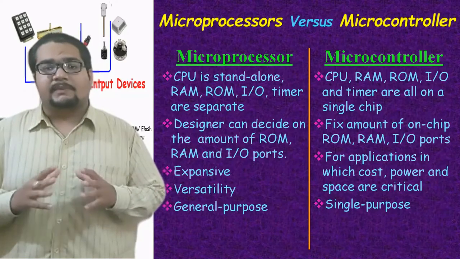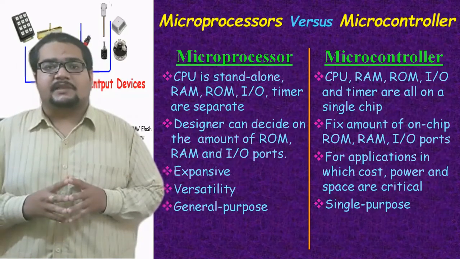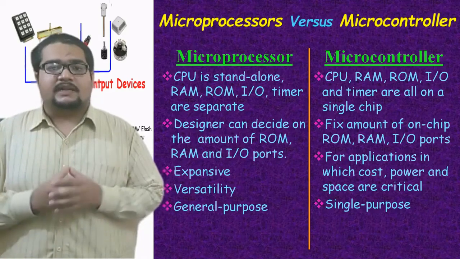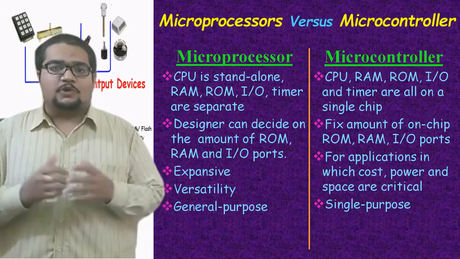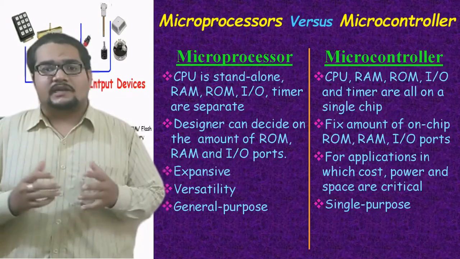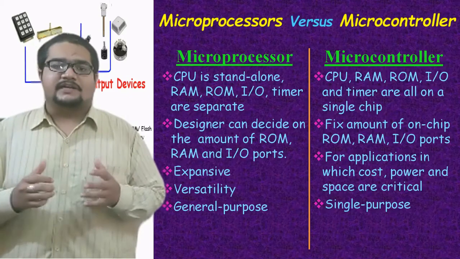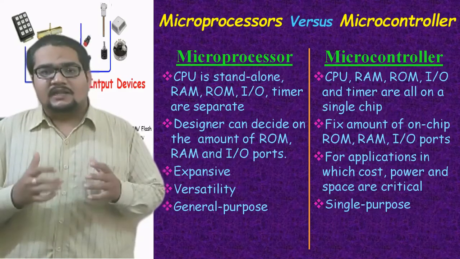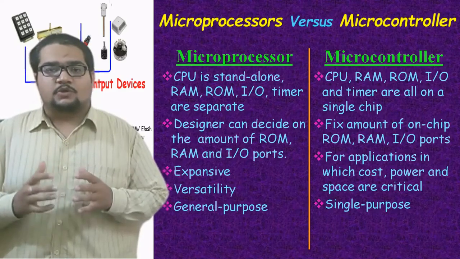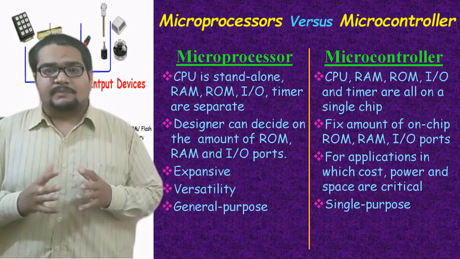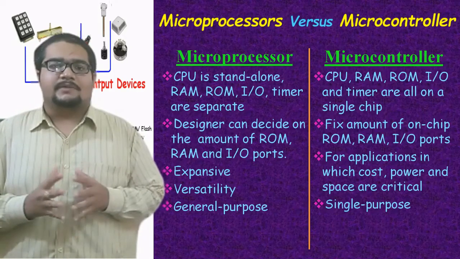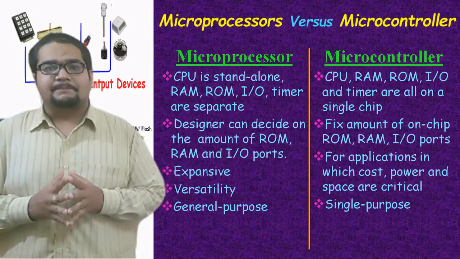Here we have inbuilt specific fixed memory such that it can be used for those particular operations with that limited memory only. Anyhow, nowadays microcontrollers have also been enhanced and a lot of options are there for extending their memories. But obviously the basic difference is that in a microprocessor system there is no fixed memory, because it does not have any memory inside. Always a designer will choose how much memory has to be interfaced with that microprocessor.